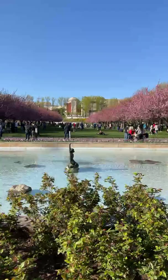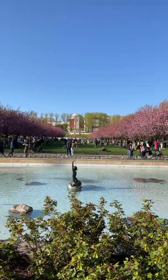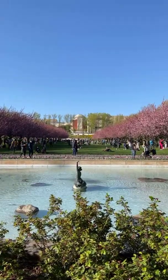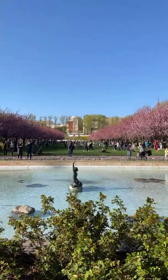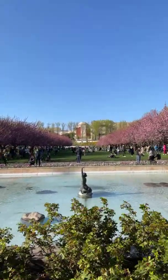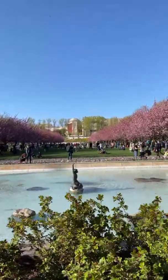And that is a quick look of walking through Brooklyn Botanic Garden during the modified Sakura Matsuri Lite. They are having Japanese dancers and performers underneath the trees scattered throughout the park so that people do not gather in one area and you can still experience the joy of